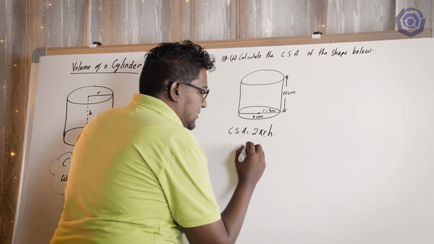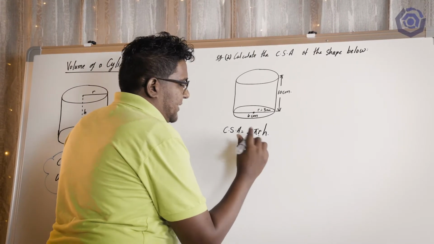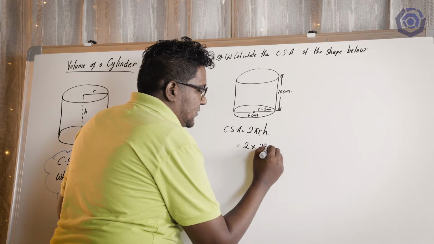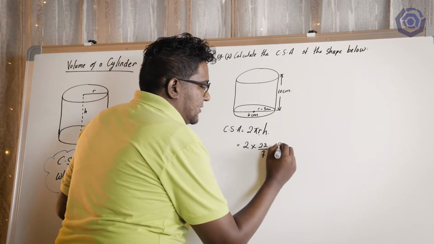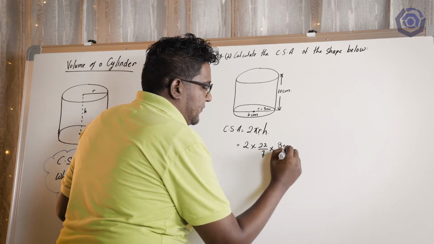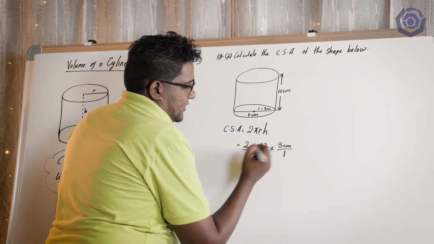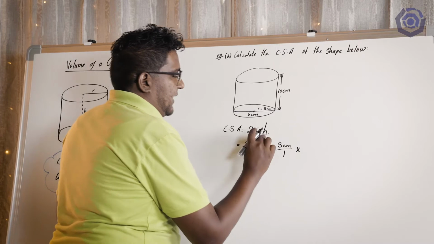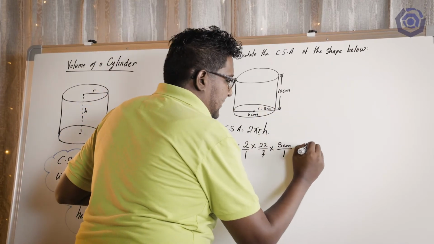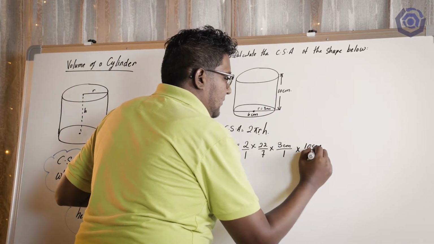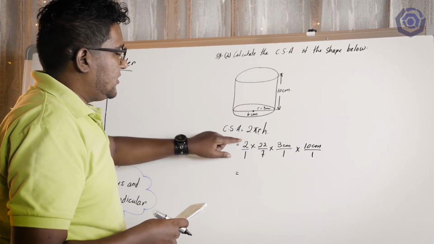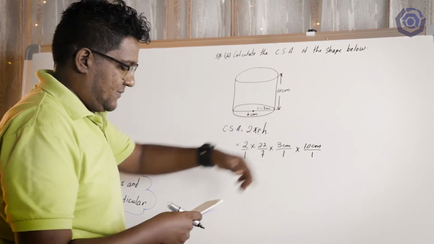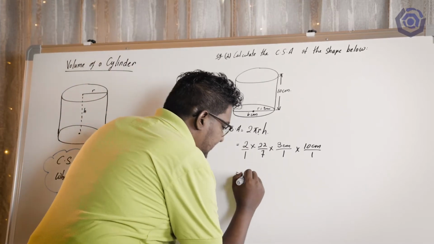So this is going to be 2 multiplied by pi, which is 22 over 7, multiplied by r. That would be 3 cm. So let's put this over one, multiplied by the height, which is 10 cm. So we multiply all our numerators: 2 times 22 times 3 times 10. And that's going to give me